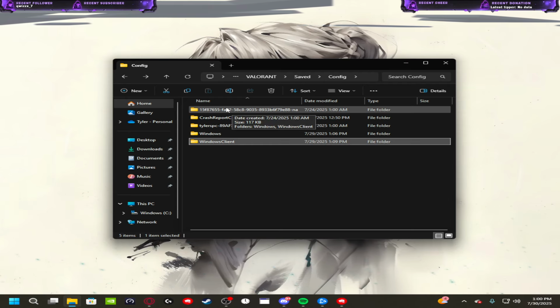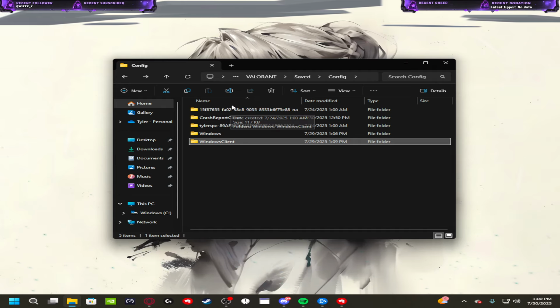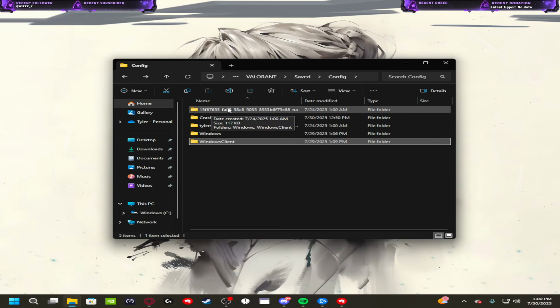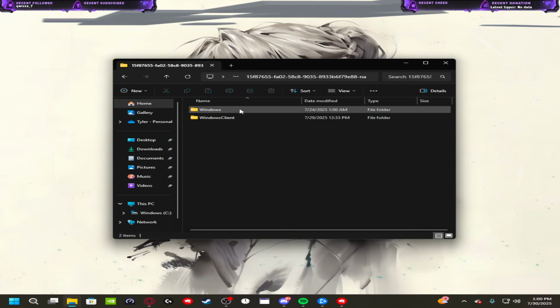So you might have 10 or 20 of these in here. Just make sure you find the one that you are trying to change. For me, it's 15F8. So that's the one I'm changing. First step you want to do now, after you've done all 3 of those files, is you want to go